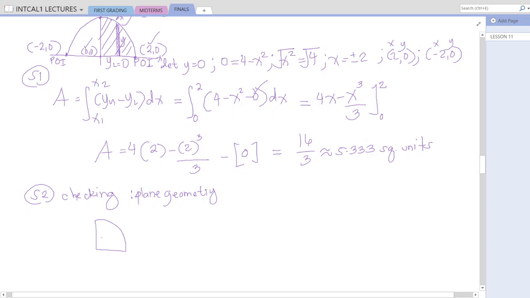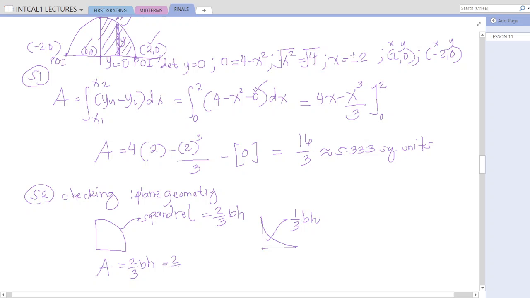So for this line, it has a right angle, and then it has a curve, so it forms a spandrel. This is a spandrel from plane geometry. The area of a spandrel is equal to 2/3 BH. But if the spandrel is like this one, the area is 1/3 BH. And for this, the area is equal to 2/3 BH.